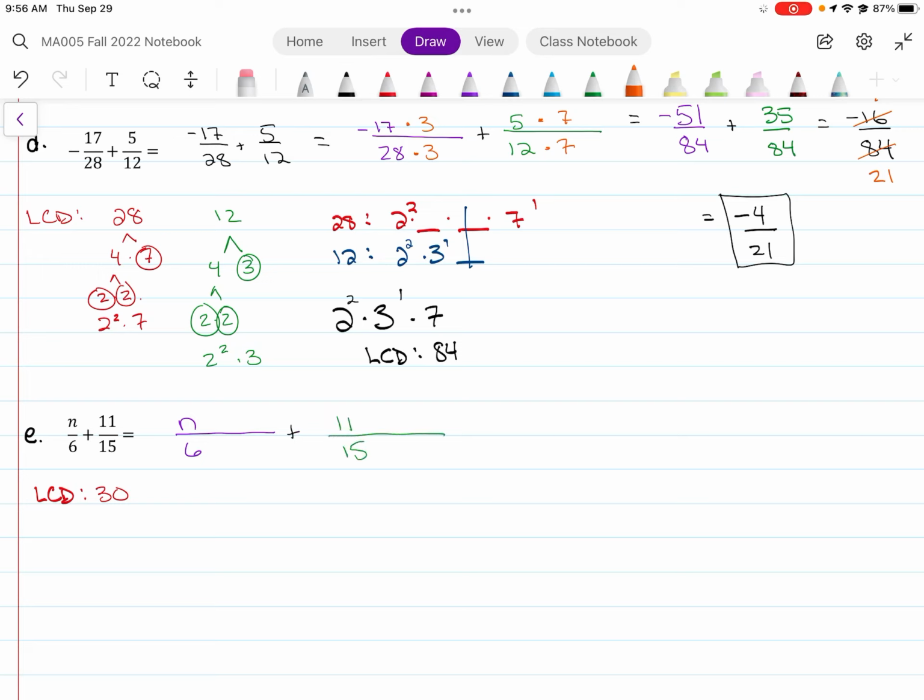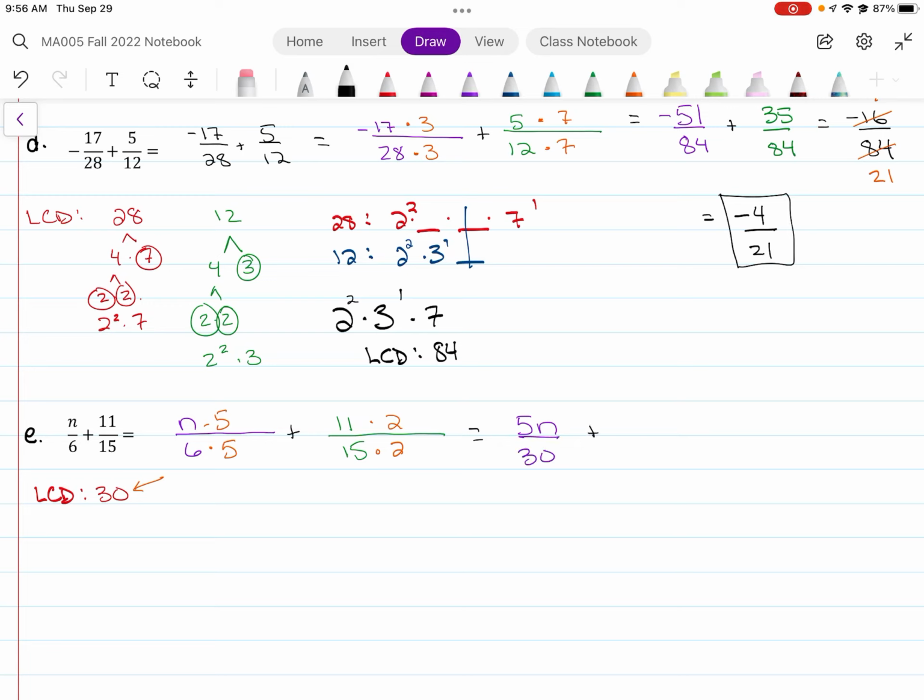And what do I need to multiply both by? So 6 needs to be multiplied by 5 to get up to 30, right? Trying to get to 30. And so 5 top and bottom. And then what do I need to multiply 15 by? Just 2. All right, so now let's write what we get. Now what is n times 5? We typically are going to write that as 5n, right, over 30